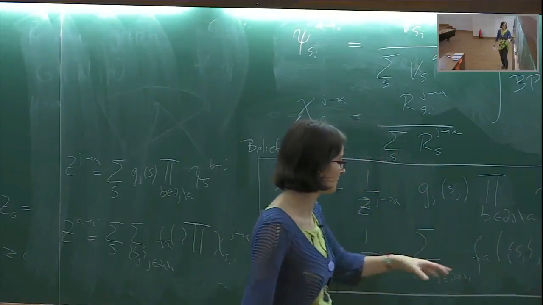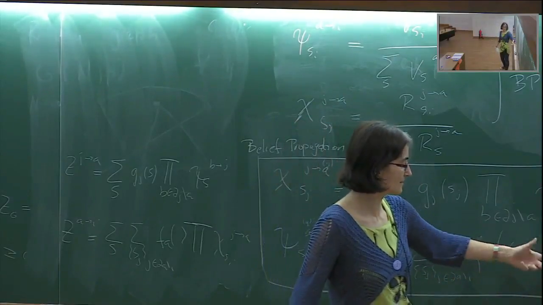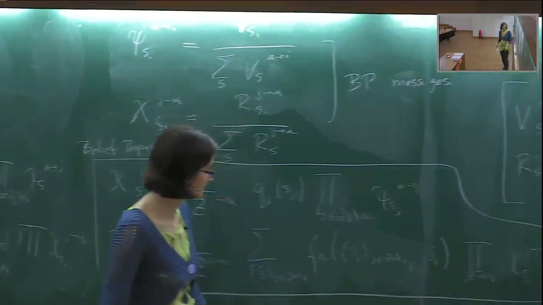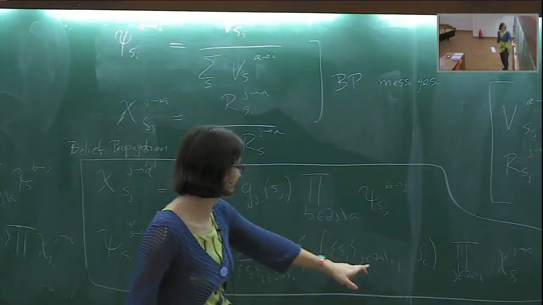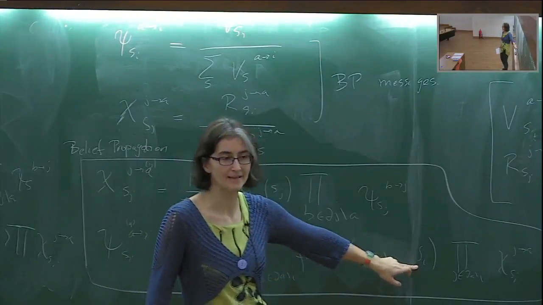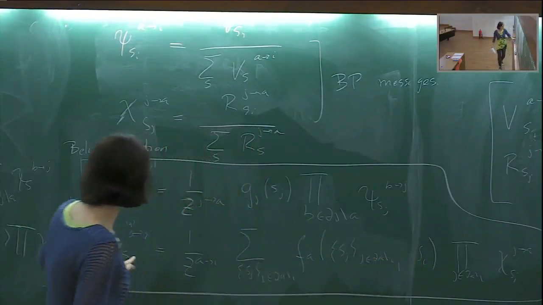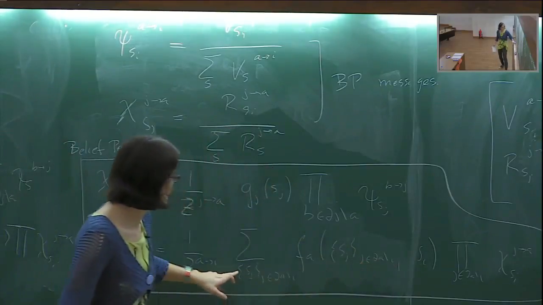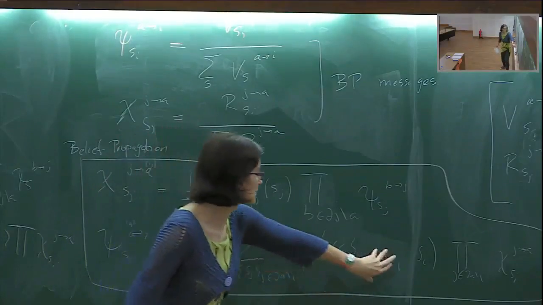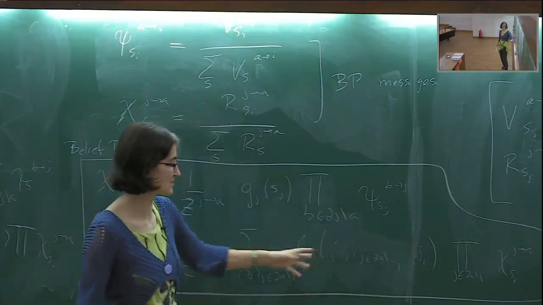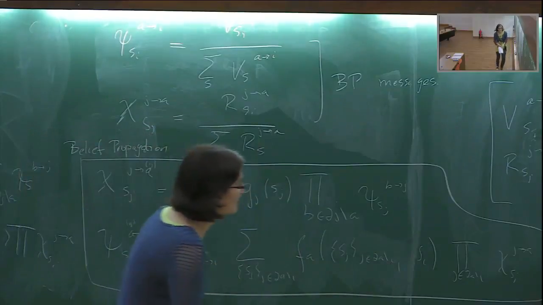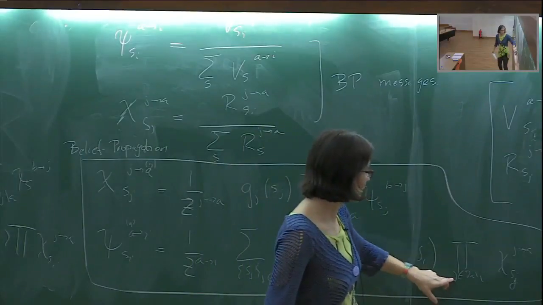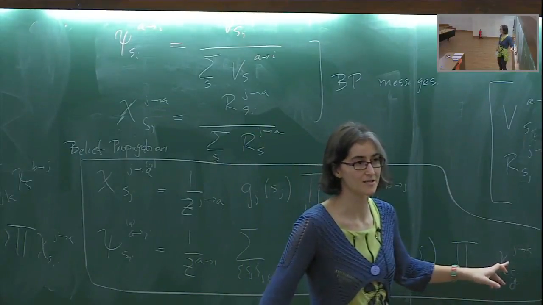So for the graph coloring, this would be just the two neighbors, just the two ends of the edge. A would be the edge. Here I just wrote it explicitly, excluding the I, but putting it back here, because the whole message depends on SI, whereas here I sum over all of those. I could also not put it here and not put it here, but this way it's maybe more explicit, like where this dependence comes from. This is J. And finally, a product over all these neighbors of the other type of messages.